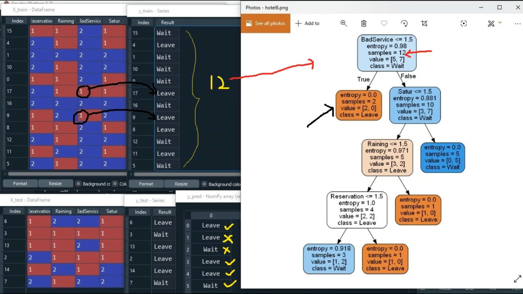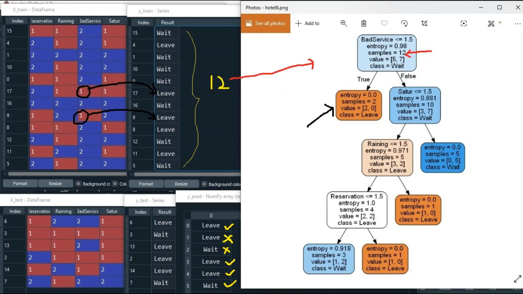Let's check the output. What I have done is, using Spyder features, I am showing the values of variables used in the program along with the PNG file generated by the program. Note that there are 12 records in the training data and 6 records in the test data. The tree shows the result of training data. For any attribute, the true branch is on the left side and the false branch is on the right side.